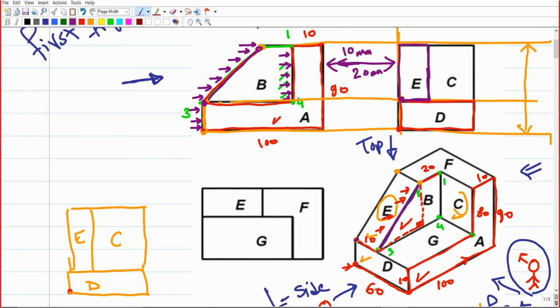Make sense? How about surface C? Surface C automatically is going to be there just to close the shape. This is going to give us the surface C. So that's why it is highly recommended to have these yellow lines drawn first. Draw these horizontal lines first, very light, because they shouldn't be there in the drawing. It's going to assist you to come up with the other